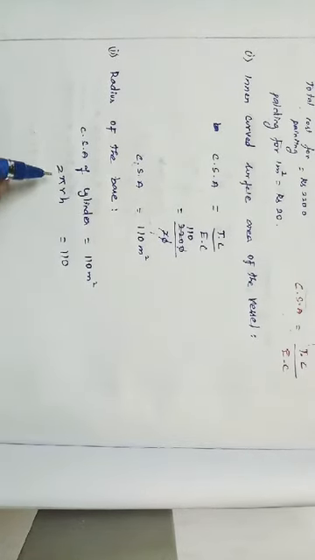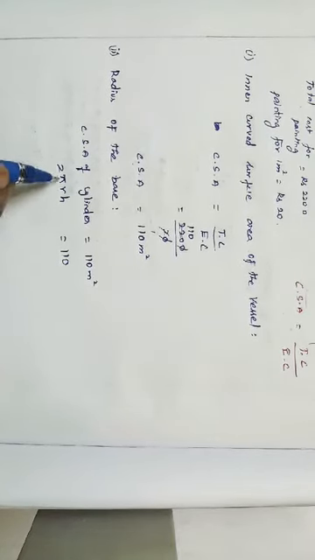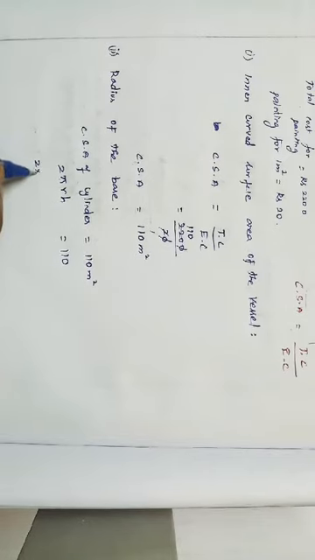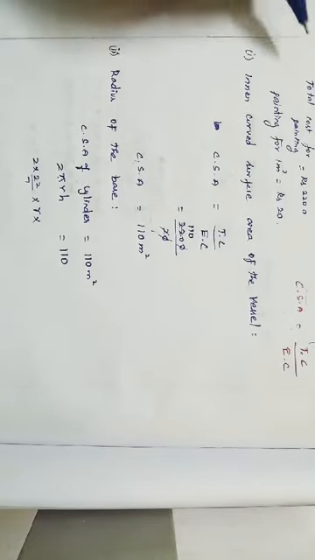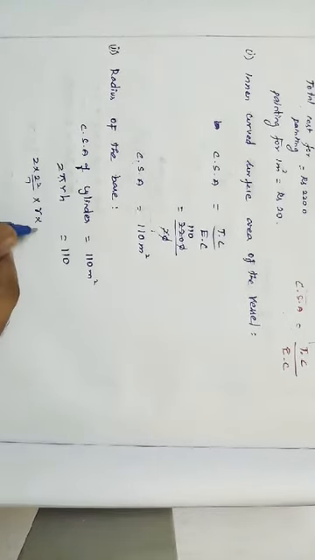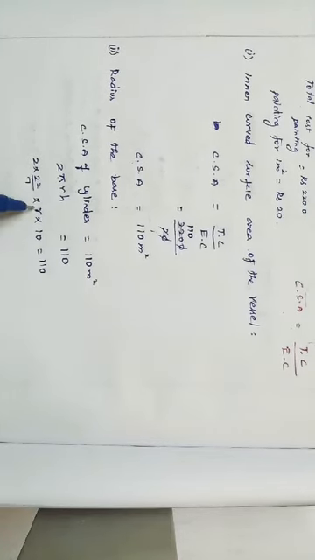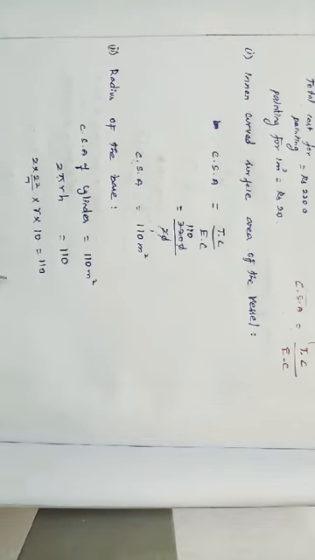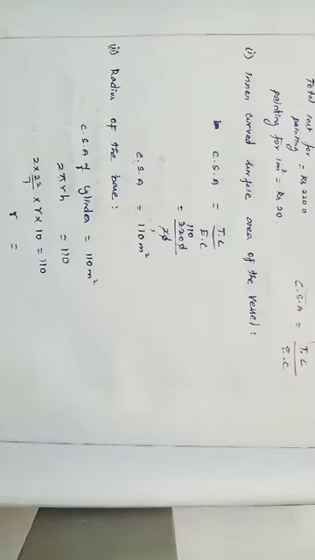Just substitute the values. We know the pi value and the h value. Keep r alone on the LHS, and take the remaining terms to the RHS and simplify, and we'll get the radius. So 2 into 22 by 7 into r, which we don't know, so keep it as it is. What is the height of the cylinder? 10 meter, already given. So 2 into 22 by 7 into r into 10 is equal to 110. Keep r alone on the LHS and take the rest to the RHS, so the numerator goes to the denominator and the denominator goes to the numerator. So r is equal to